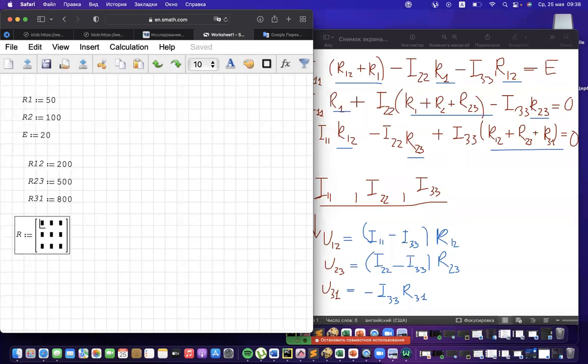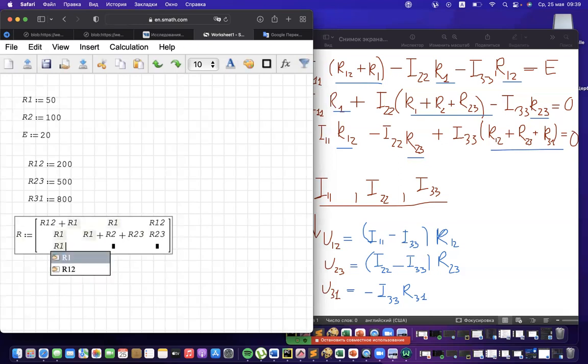First coefficient will be R12, as you see, plus R1. Second coefficient will be R1. And last coefficient will be R12. Then it is R1. Then it is R1 plus R2 plus R23. Then it should be just R23. And the last one, R12,